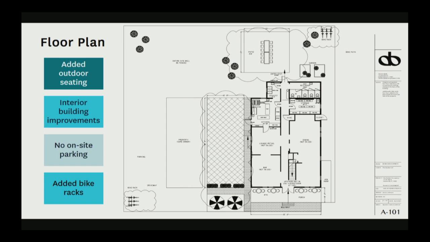So they are not proposing any on-site parking. They've entered into several different parking agreements to try to address that as part of this proposal. They will be utilizing some parking to the south, which is under common ownership. That is right here on the slide. And they're also adding bike racks near the rail trail to the northwest, and then on 4th Street as well.